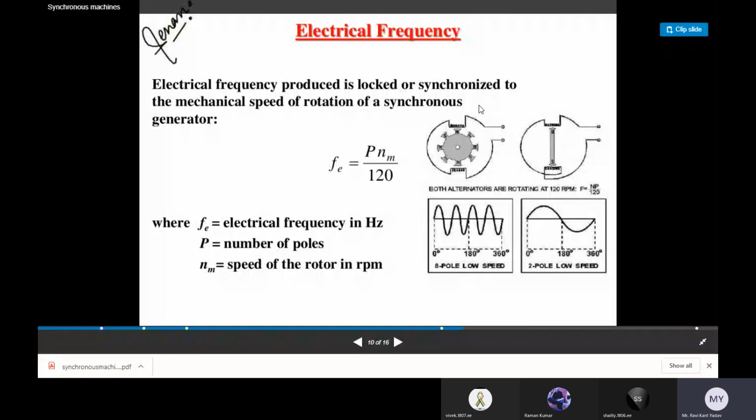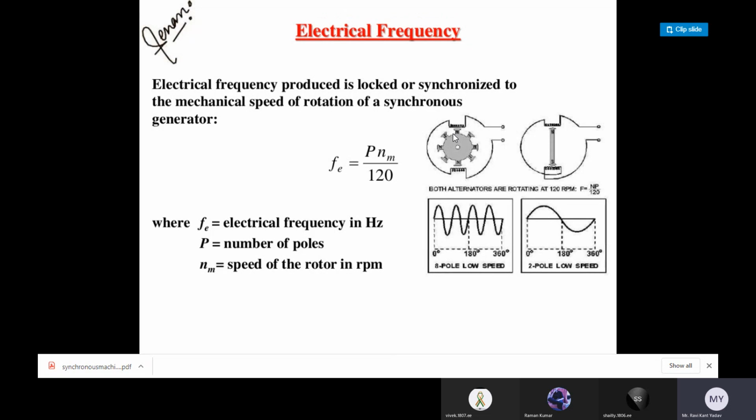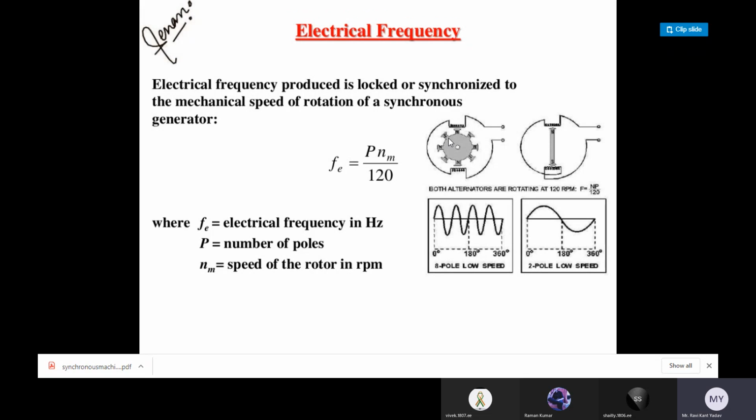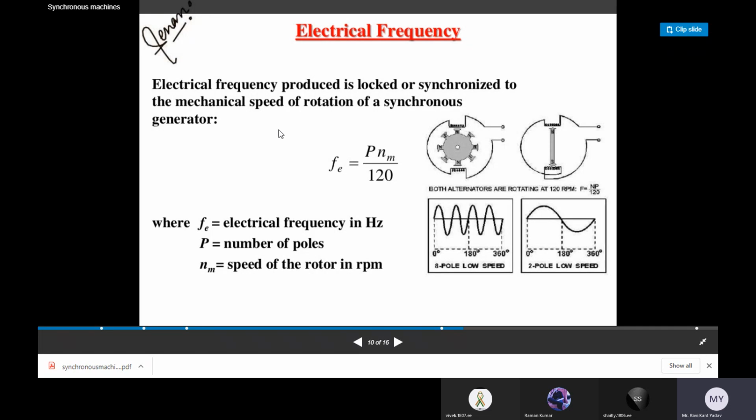the armature winding is connected to the load during starting of the prime mover. The rotor is rotating. The air gap of a cylindrical type synchronous generator is uniform, and the permanent magnet, which is created through the DC supply applied to the rotor winding, generates a constant magnetic north pole and south pole, which is rotating in an armature winding and cuts the armature coil, and frequency is generated through the formula F